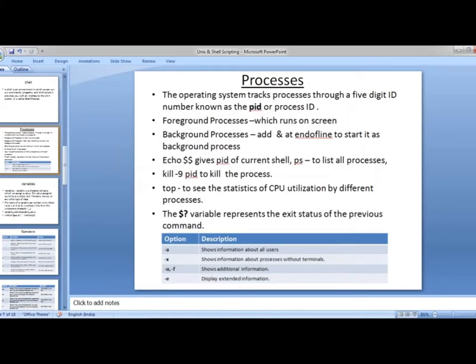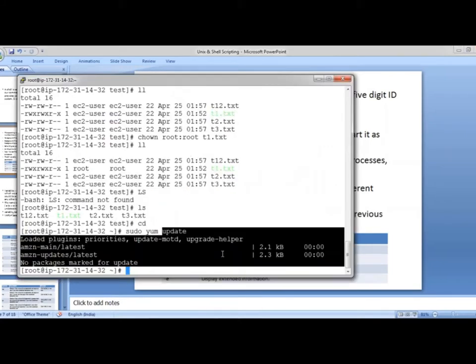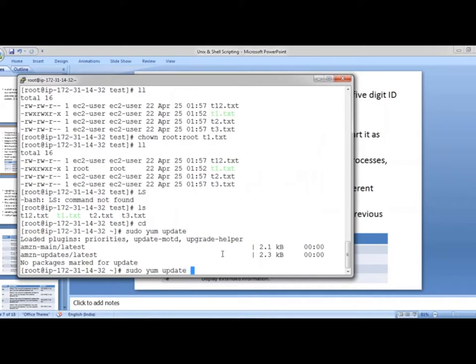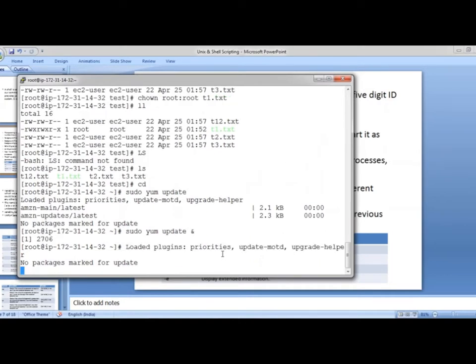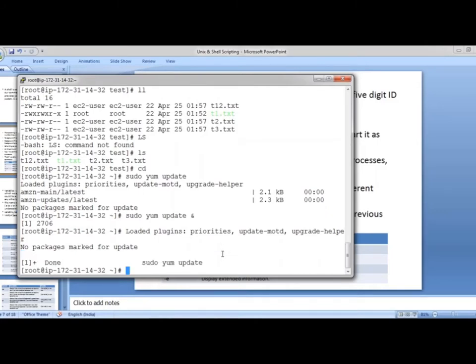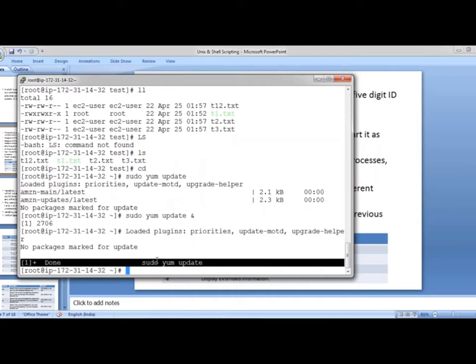If you're doing it in the background, it is a background process, which doesn't display any log on screen. See, I ran sudo yum update and it has done it.